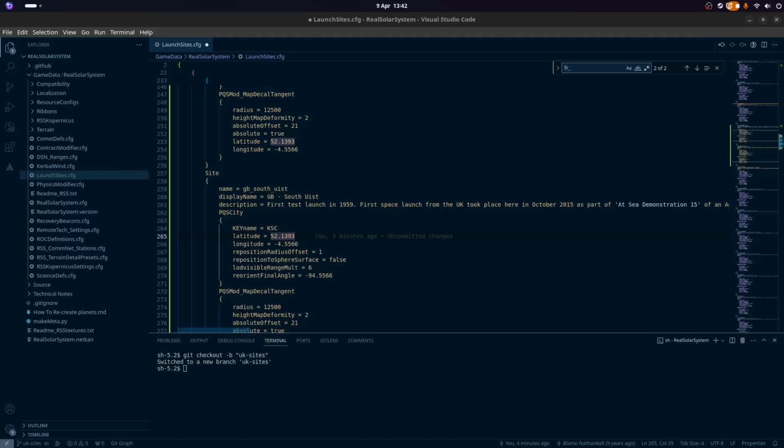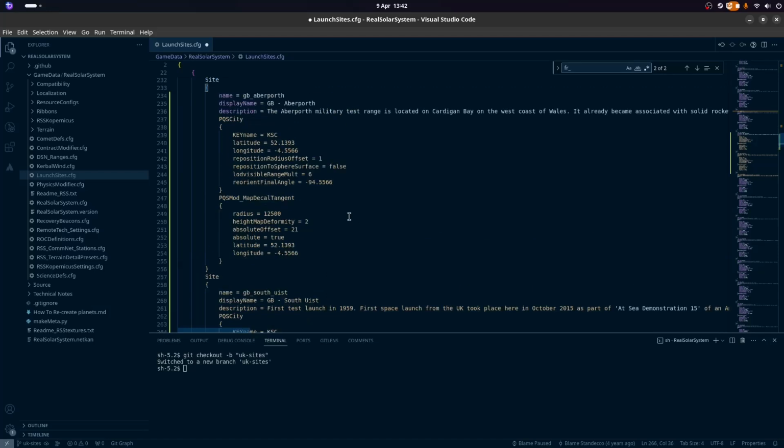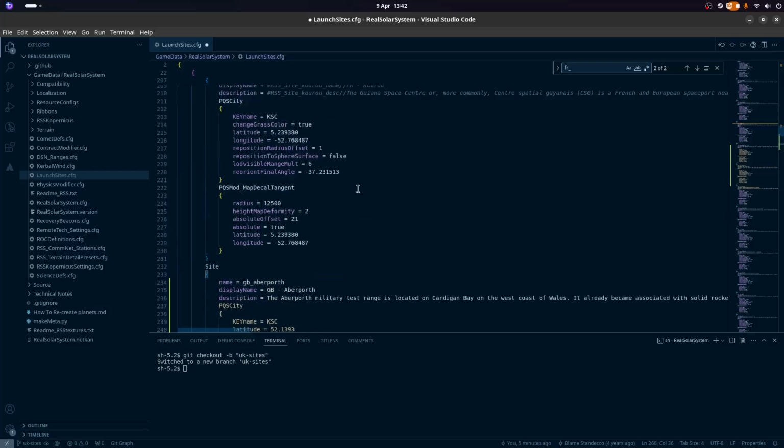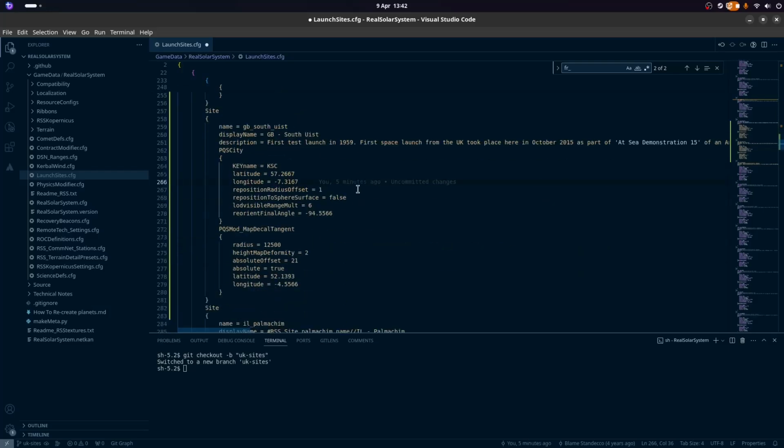I'm going to go back and forth all the time when I do this. Yes. Coordinates are 57.2667, minus 7.3167. I don't know what this real right angle is, so I'm just going to set it randomly. 90.